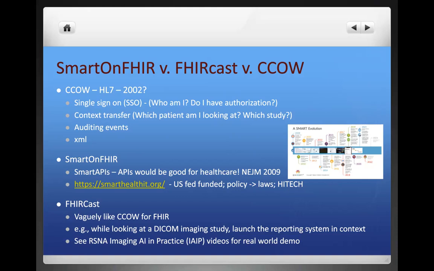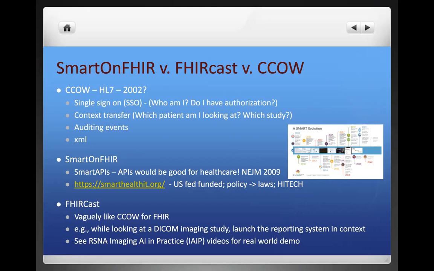So it's not part of the FHIR standard itself. It's an application which is meant to work directly with all the FHIR resources. But what FHIRcast does in that particular example is it'll tell the reporting application who the radiologist is. The reporting application can verify that they have permission or authority, the correct role to create a radiology report. It will tell them who the patient is, what the study instance UID is,